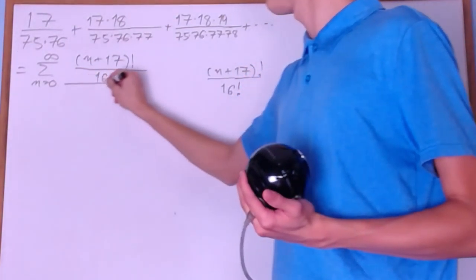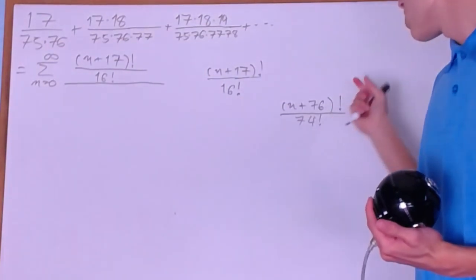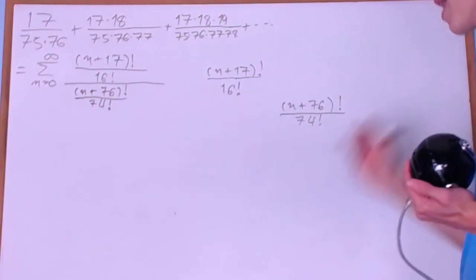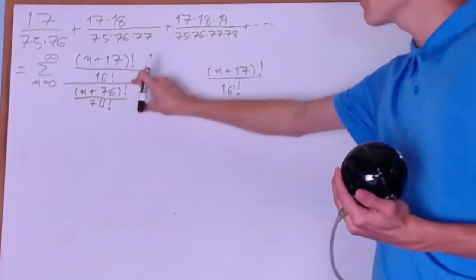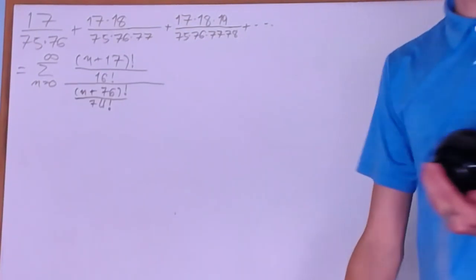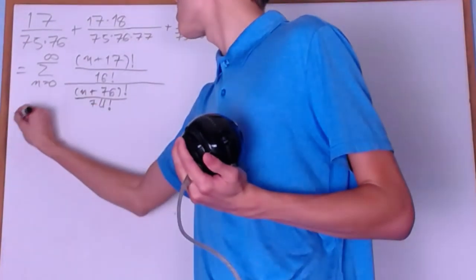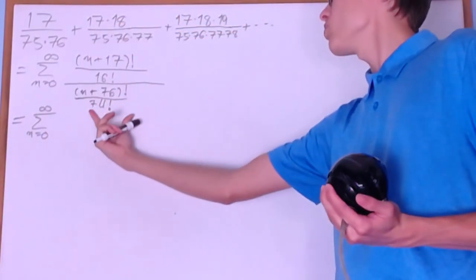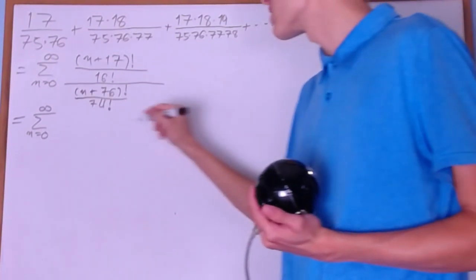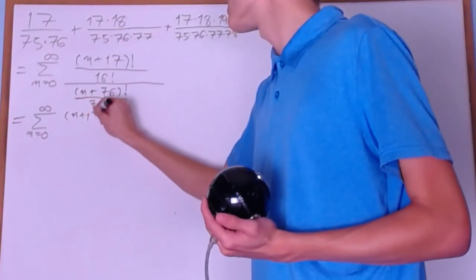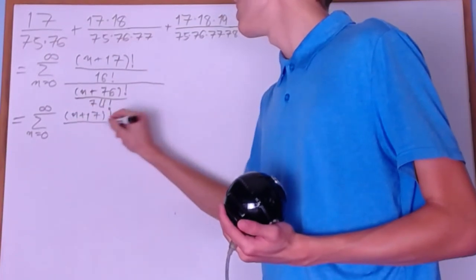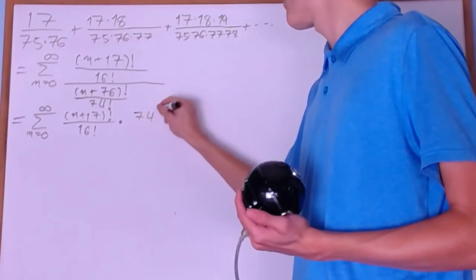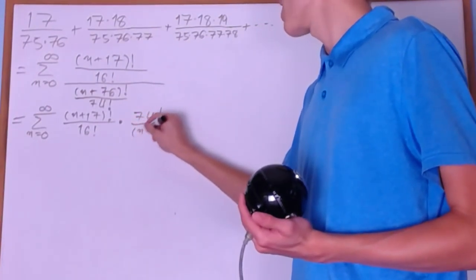And then we do this formula, all of that over this, which is the formula for the denominator. And so we have the numerator on the top, the denominator on the bottom. What do we do with this? Well, it would make the most sense if we do the reciprocal of the bottom and multiply it, like fraction division. So we have n plus 17 factorial divided by 16 factorial times, well, that's 74 factorial over n plus 76 factorial,